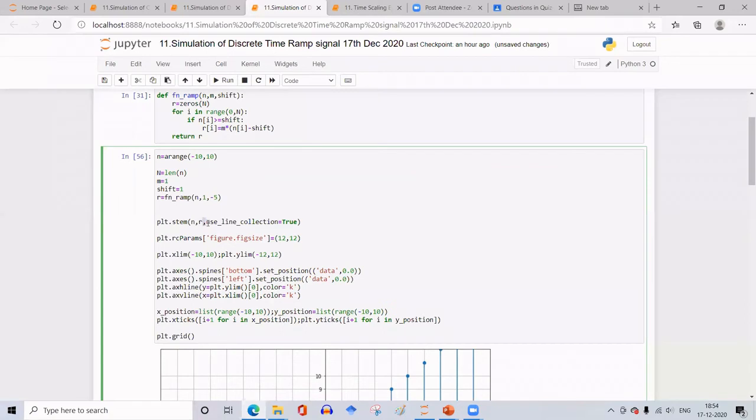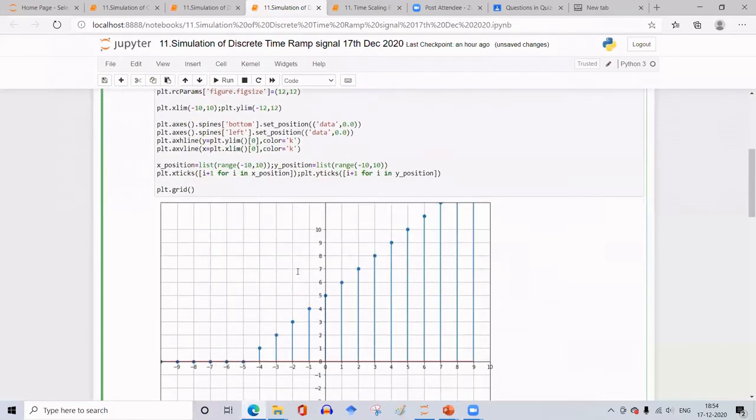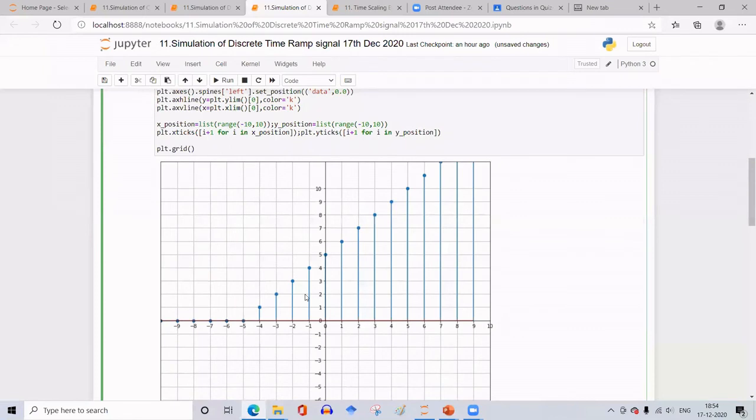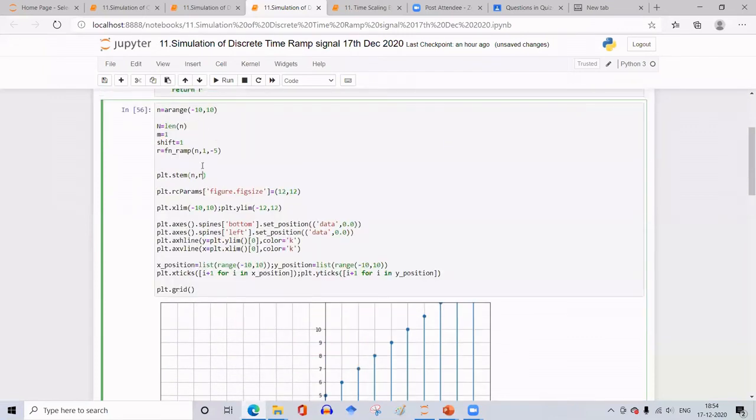And I think in this version, you don't need this. Otherwise, in the previous version, this was required. It was coming as an error when I used the discrete plot, that is the stem plot. That is why I had included this. Now it is 3. What is the version of this? You find out. In that version, I think that has been removed. So then xlim, ylim, and all these axis modifications, and also the x and y tick marks, how they should be.